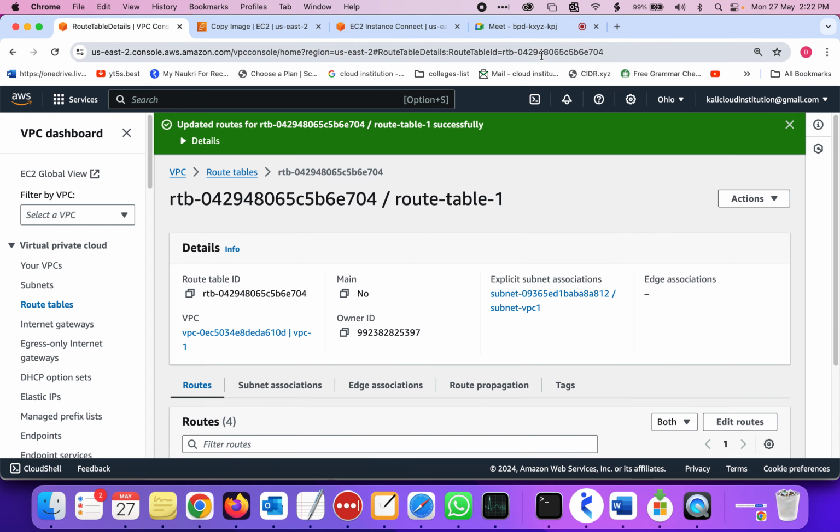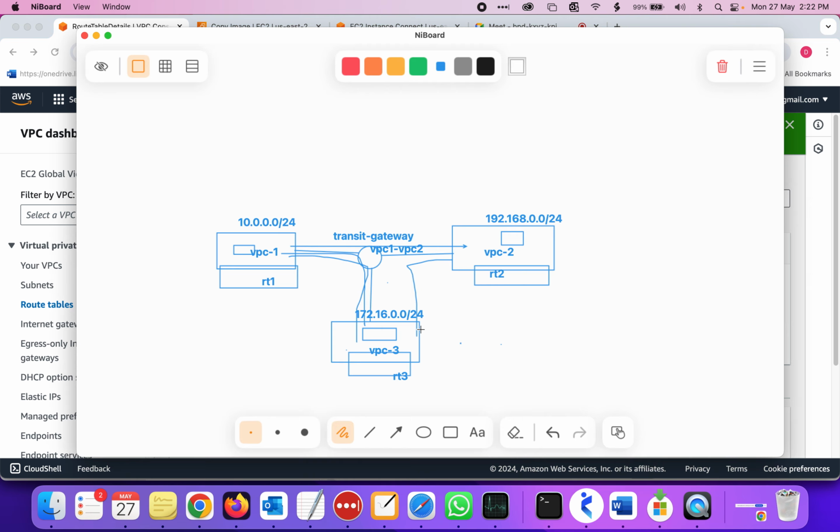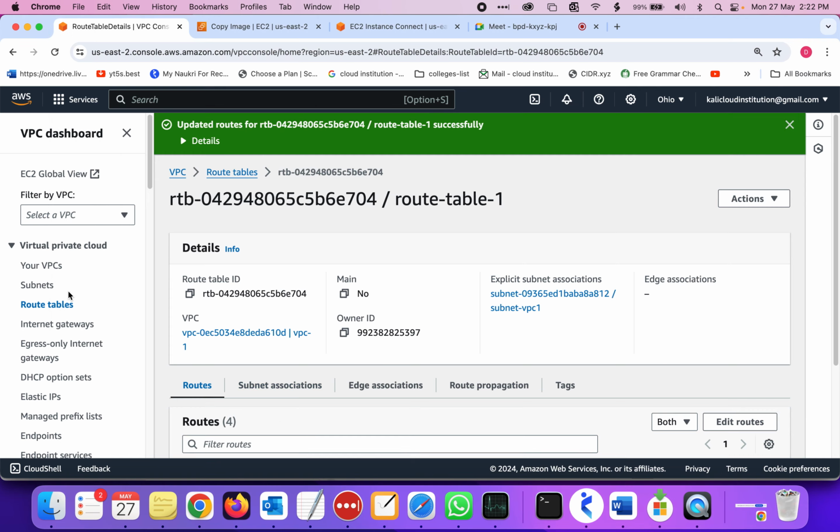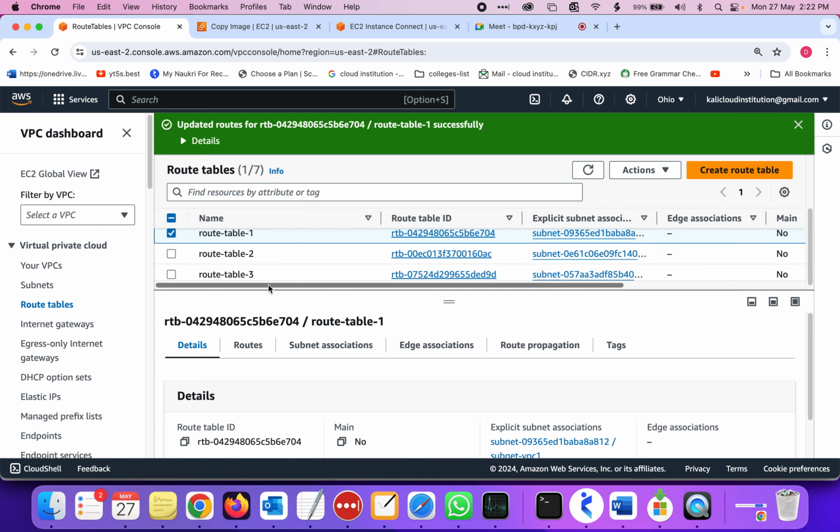Ashita? Yes. What do you have to do to connect from here to here? We have to again create internet. Internet. No,